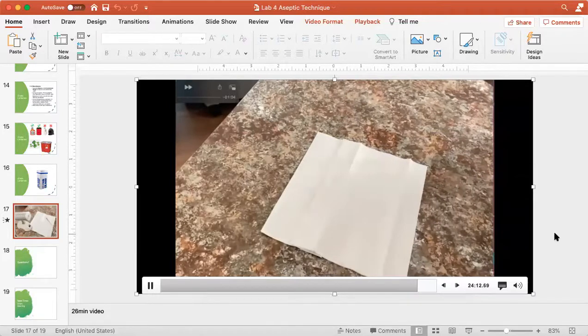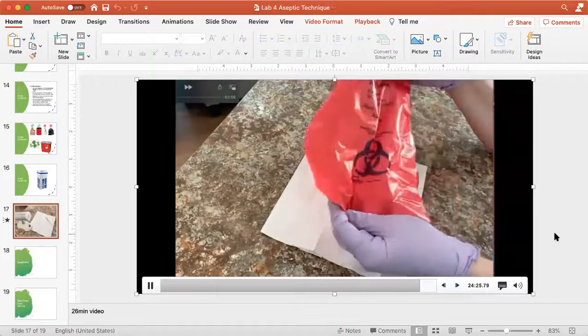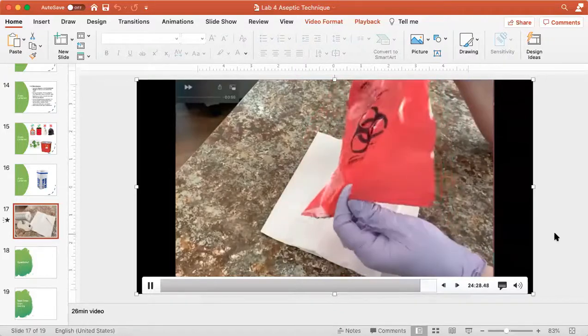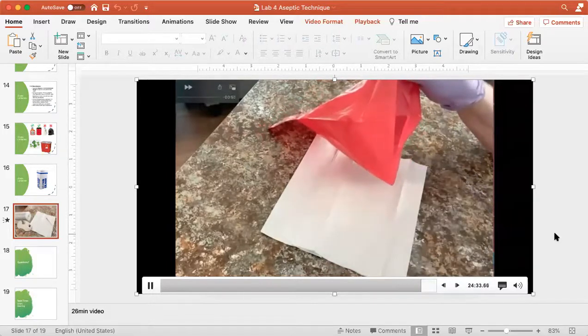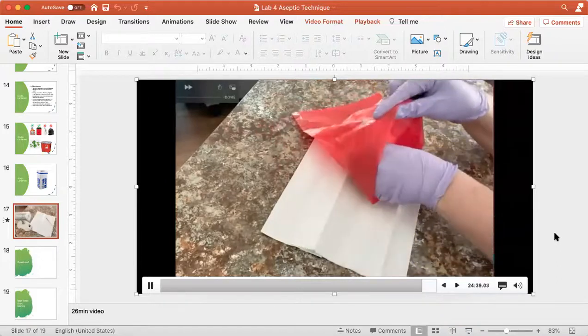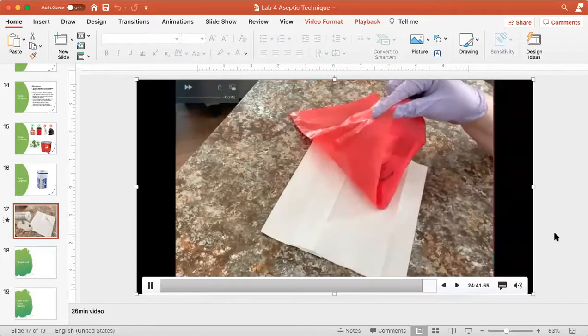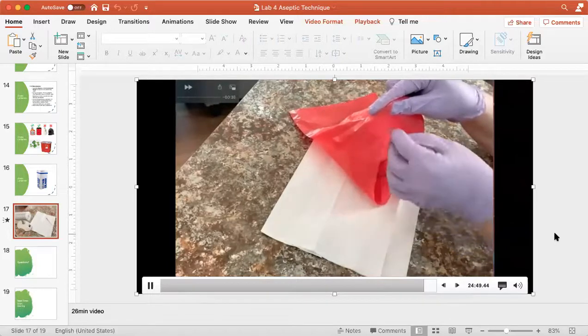At the end of the day, when we've finished our work, it's critical that we know where to dispose of our materials. And of course, when it comes to the materials that touch culture, we need an autoclave bag. This red bag has a biohazard symbol on it, and it clearly says it's an autoclave bag. So this bag is where we put used culture-related materials, the things that have touched living bacterial or microbial culture. Our agar plates, our cotton swabs that we might have dipped into culture,